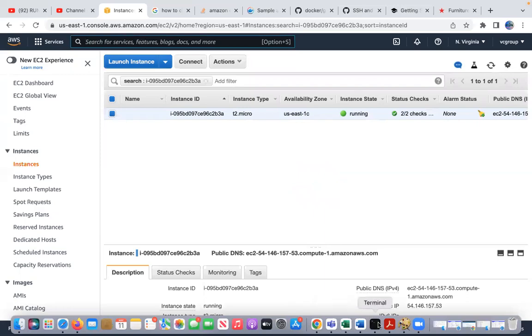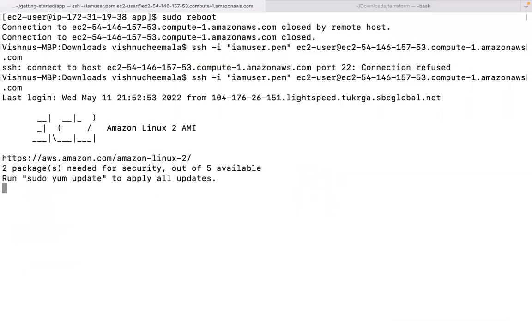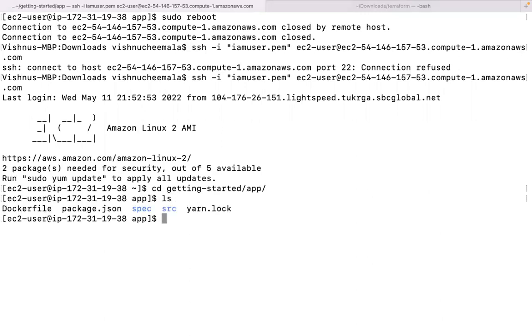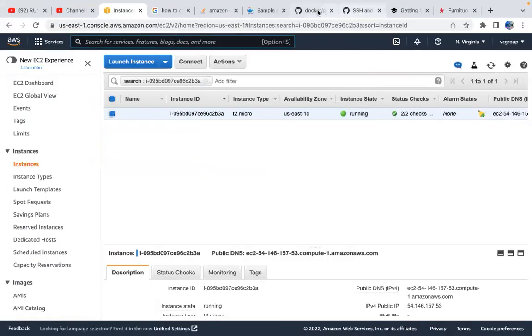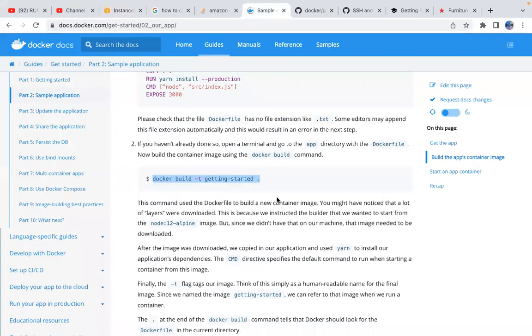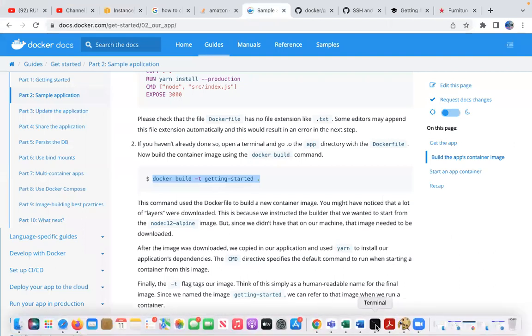Let's verify that. Okay, now it is available. Getting started. And now, I don't want any syntax problems, so I'll simply use this. This is getting started, just an image name, and I can change it.